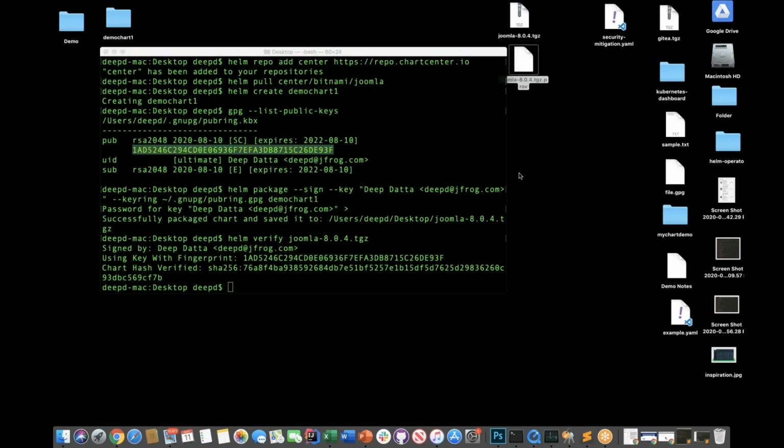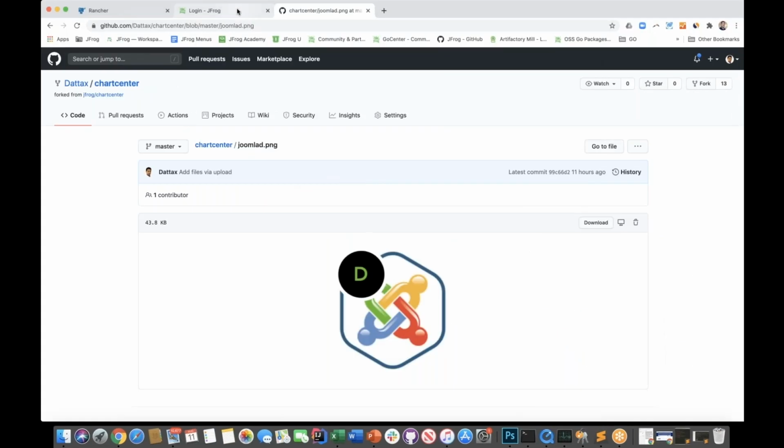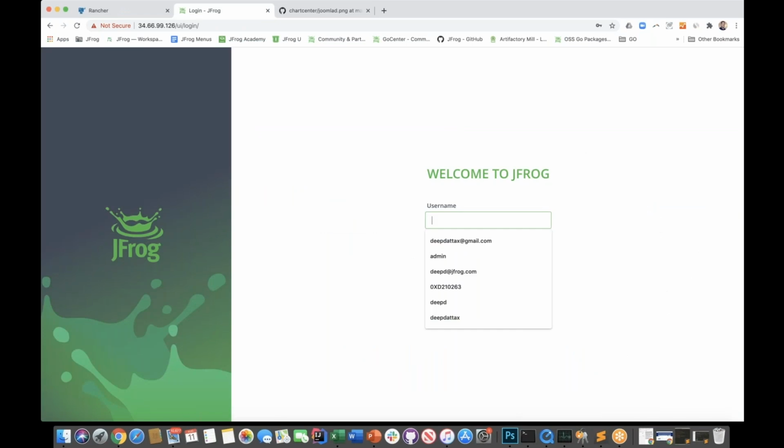Okay, so the next part of the demo is I just want to show you how to deploy this custom chart on Rancher. To do this, I am actually first hosting this chart in a private registry, which I mentioned, which is the JFrog container registry. So again, the JFrog container registry, it's a totally free Helm chart registry. I'm going to log into my account here,